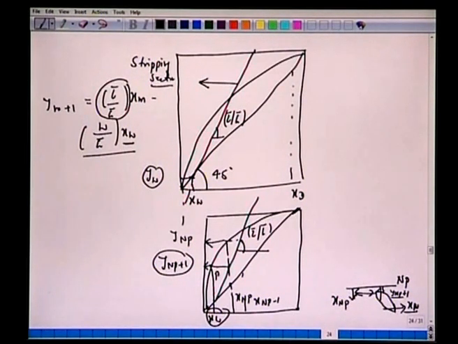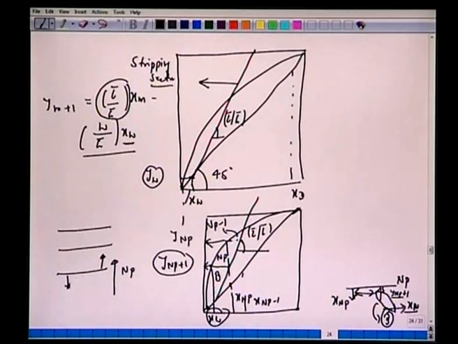First stage is of course the boiler, which we have done in case of Ponchon-Savarit method as well. So we have boiler, then this stage is NP, then this stage is NP minus 1, etc. Right. So we have been able to construct. We go from the bottom approach, NP, all the time tie lines, and we have these operating lines. Similarly, we have done for the top section to complete our construction here.